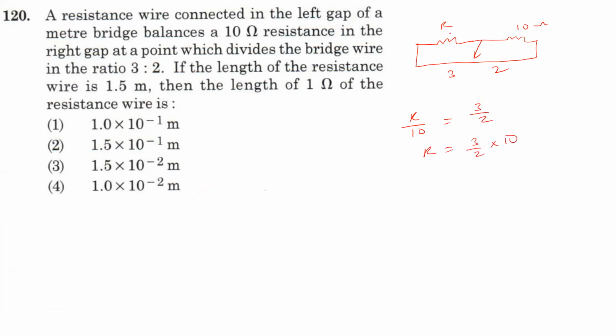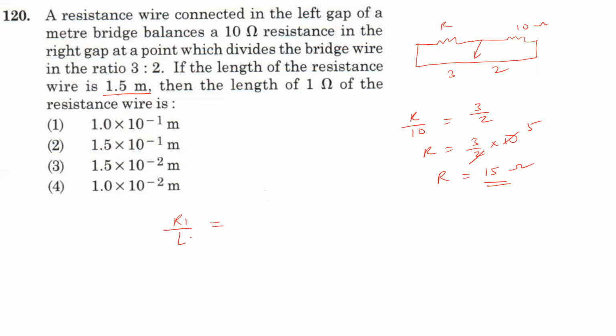This is according to the Wheatstone bridge principle, P by Q equal to R by S, that formula we have taken. Now see, the 2 and this 10 if we cancel, we are getting 5. So resistance equal to 15 ohm we are getting. Now a 15 ohm resistance is there for 1.5 meter length. So if we take resistance per unit length,